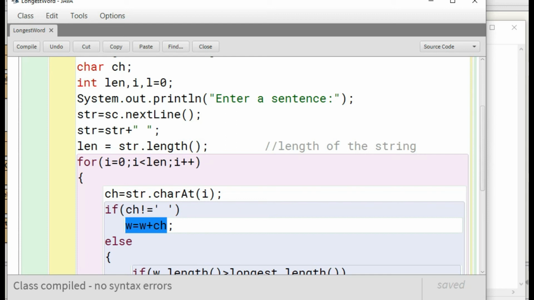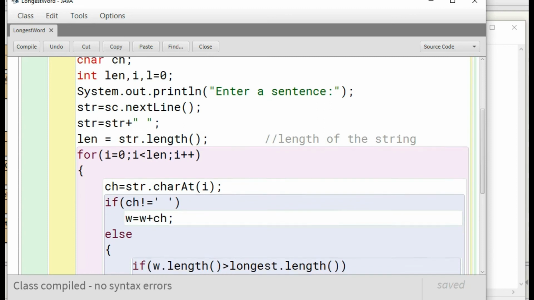In this way we are extracting every word of the string, because after every word we have a space. We have also included a space after the last word. So in this sentence, after each and every word we have a space. We made this logic because we are extracting characters until we get a space, and we are concatenating the characters in the string w.